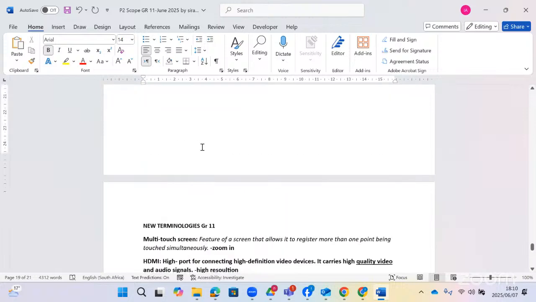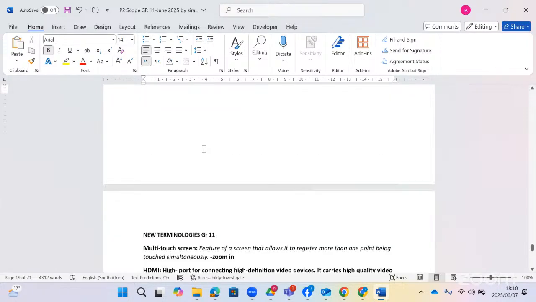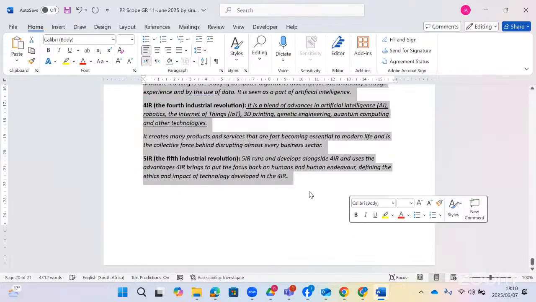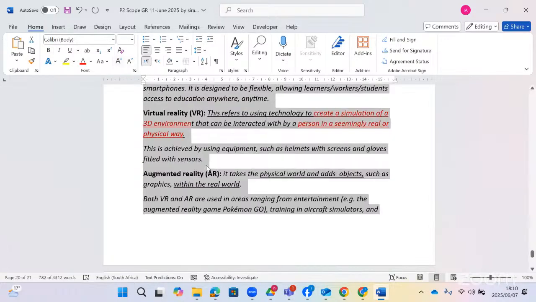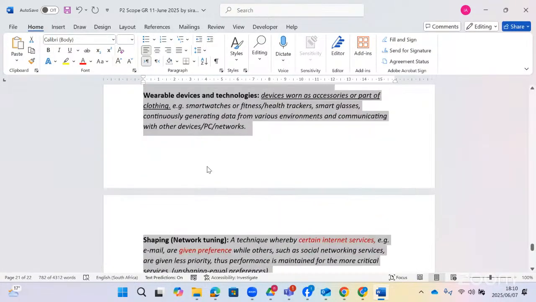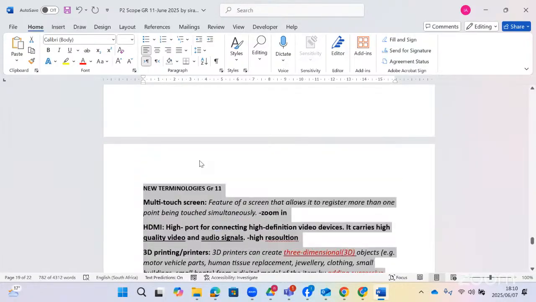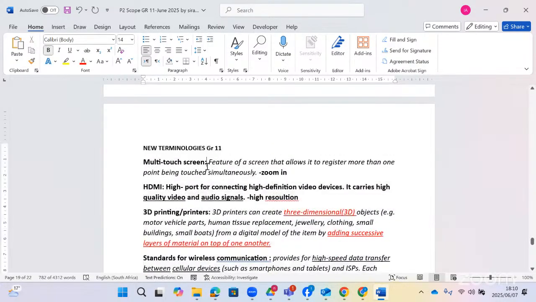Now, that is the other part. Then, there are also new technologies that you must know regarding grade 11. I've already talked about some of them, which is IoT, Bitcoins, cryptocurrencies. Those are the new technology that you must know regarding grade 11. Other than that, you must go through this. We talk about multi-touch screen,